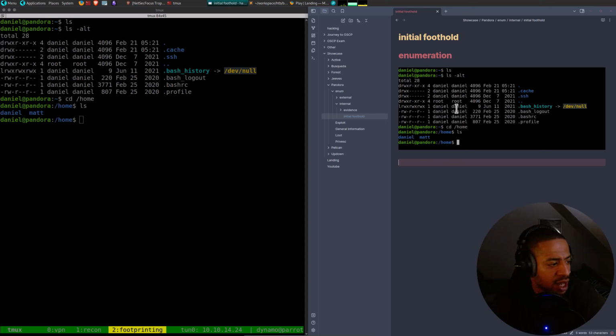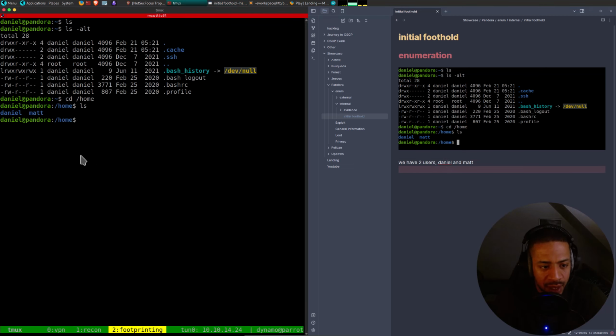That would have been an extremely easy machine and not in the OSCP practice machines. But anyway, we have 2 users, Daniel and Matt.